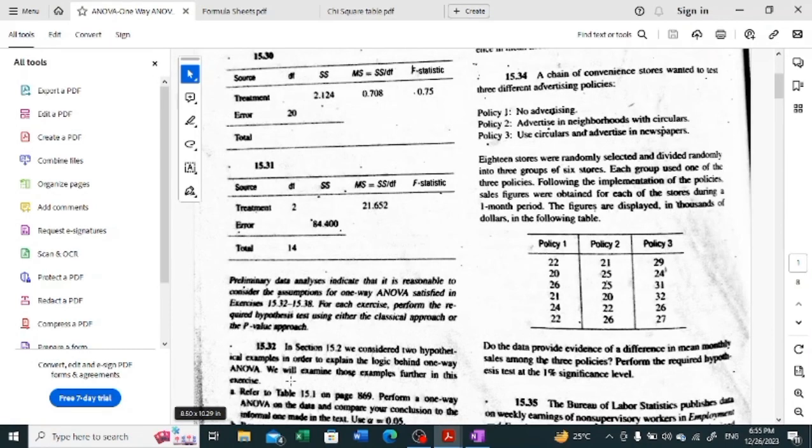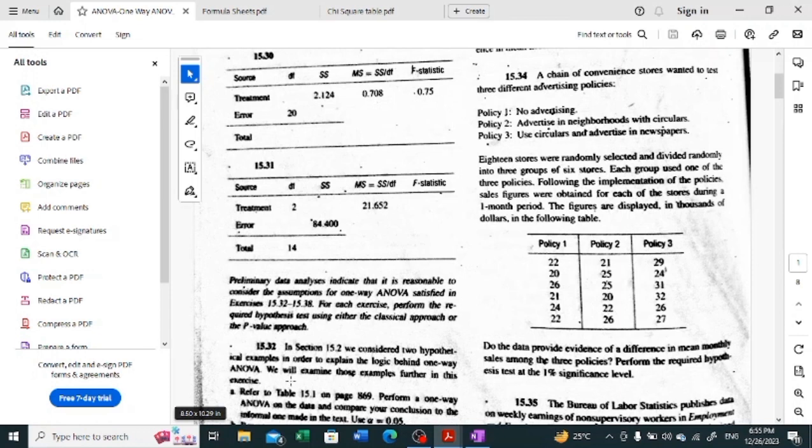Hello students, in this session we will talk about the non-parametric analysis of variance that we apply when one of the underlying assumptions regarding analysis of variance, that the data are approximately symmetrical or have similar shapes, does not hold. In that case, we cannot apply parametric analysis of variance. We go for non-parametric analysis of variance, and I have chosen the same question on which we have already applied